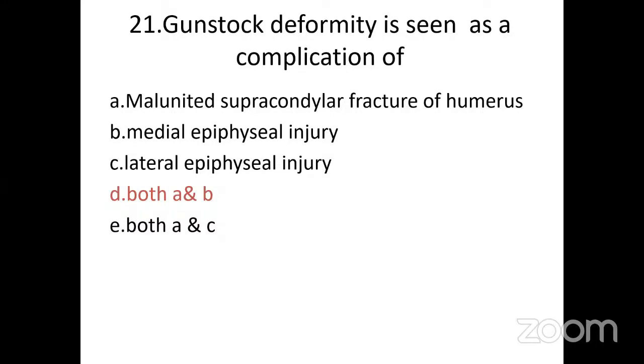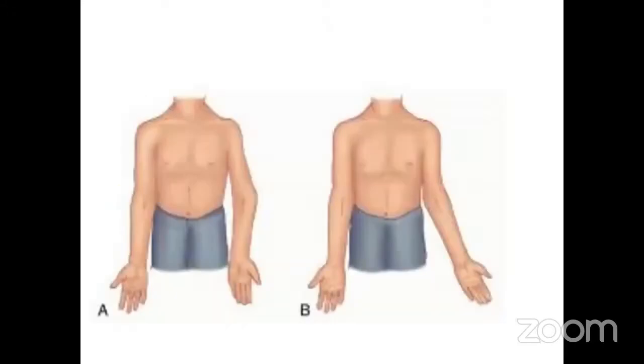a cubitus valgus. Likewise, in supracondylar fracture, the patient will get a cubitus varus, and it looks like a gunstock. And medial epiphyseal injury will also cause a gunstock deformity. And this is actually a cubitus varus. What is the normal